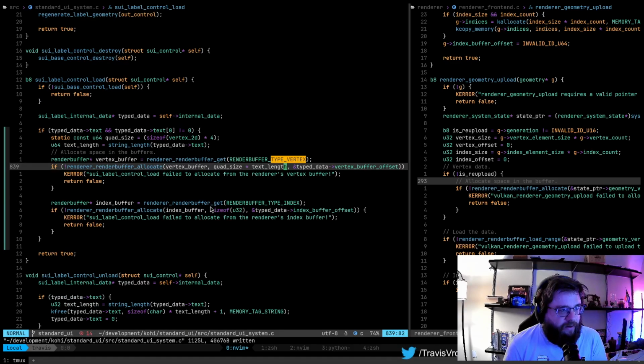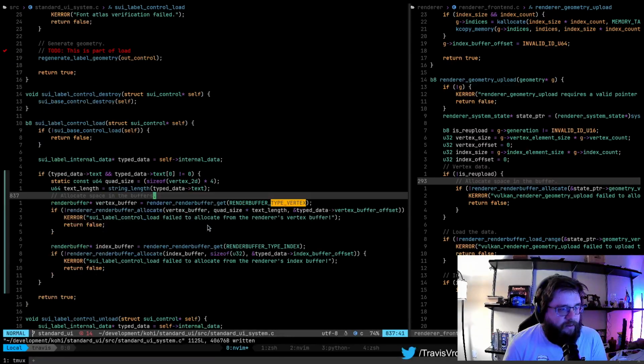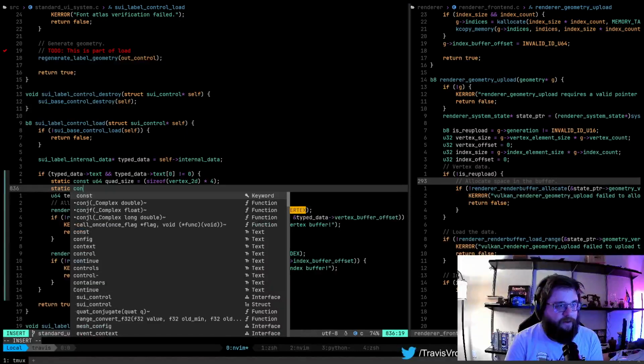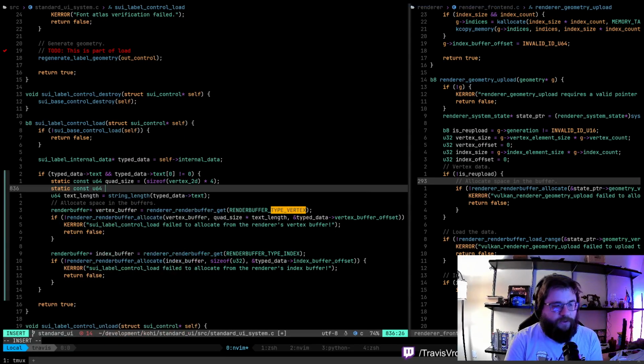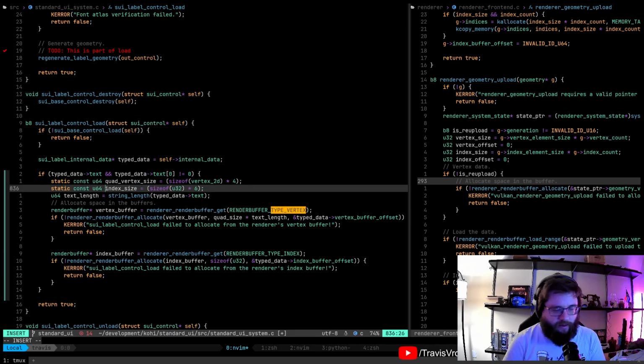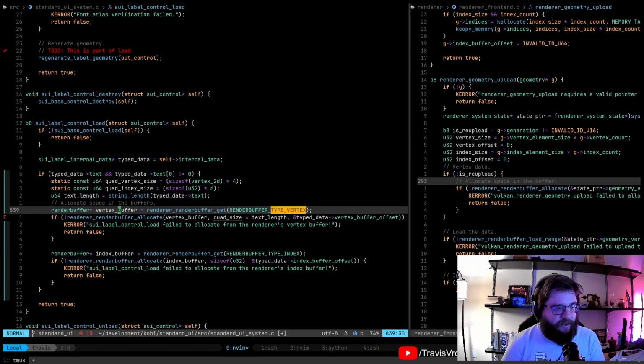And then, I thought I had... So static const U64 index size equals size of U32 times 6, right? Because we need 6 of those per... let's do quad vertex size and quad index size.